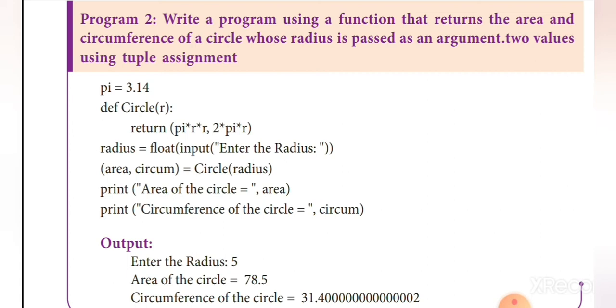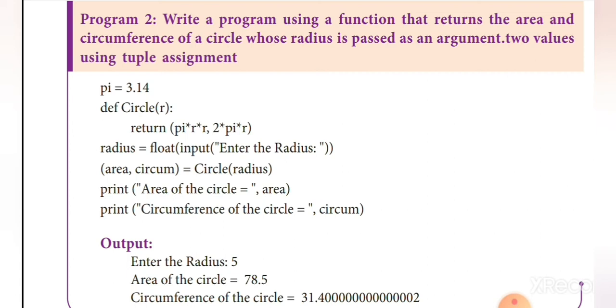Okay, so for that we are using the function circle. So we are going to find the area and circumference. For that we are using the function name circle. When you are going to write a function, which one is the keyword? def is the keyword used to specify a user defined function. Okay, so after writing the keyword def, we just use the function name. What is the function name here? Circle. Okay, circle. And then what is the parameter we pass to this function?